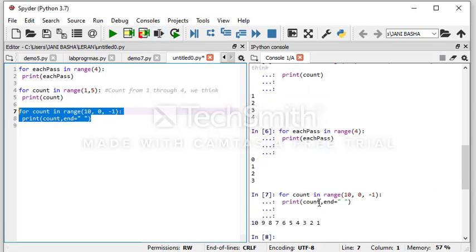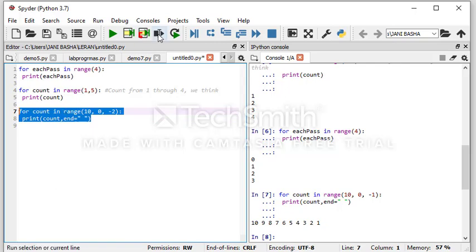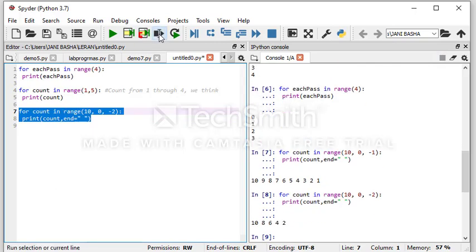See, when you execute the statement, all the values are printed. Suppose here I want to change minus 1 to minus 2, then obviously, like I said, 10 8 like that values will be displayed. So 10 8 6 4 2, okay, like that.